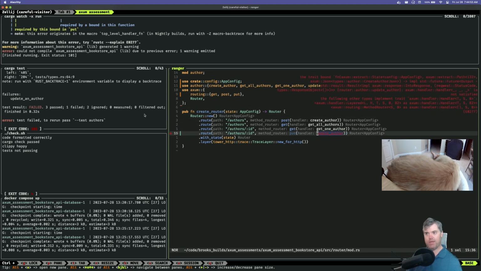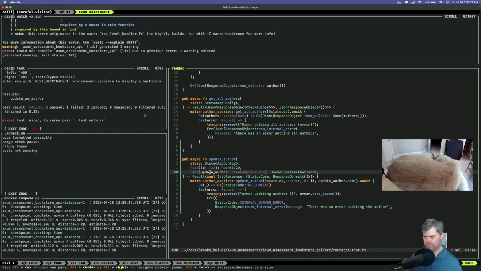Now what? The trait bound, state config, and then path. Oh, wait, no, we have the path. JSON, impl future output, result. Okay, that is not satisfied. Following other traits. Okay, so you're not. Now, I am grabbing this at the end. It is async. Grabbing state at the beginning. Path